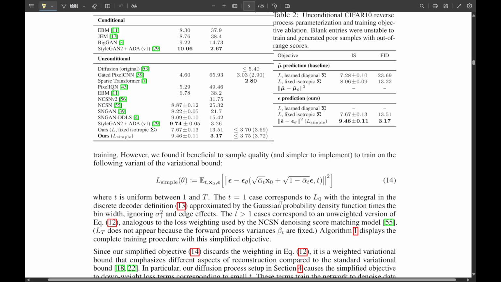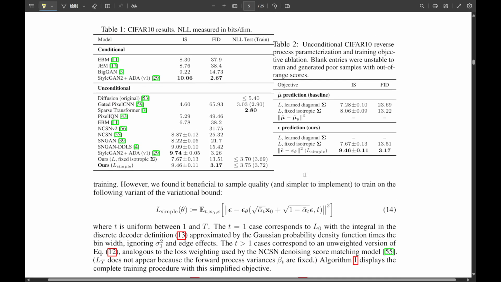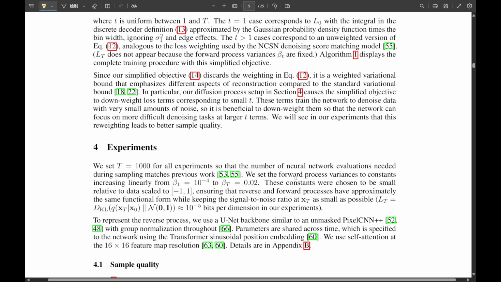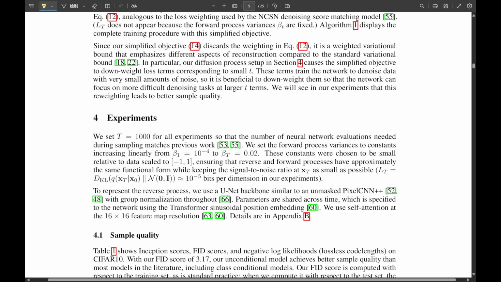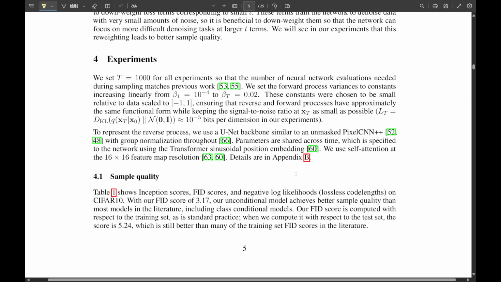And it worked wonders for sample quality. They also found empirically that fixing the variances in the reverse process to be time-dependent constants, rather than learning them, also improved sample quality and made training more stable. So epsilon prediction plus L-simple plus fixed variances. That was the magic combo. That was the combination that gave them their best results, yeah, including that FID score of 3.17 on the CIFAR10 dataset. And FID, that's the Fréchet Inception Distance, right? Yes. Measures realism and diversity. Correct. Lower is better. And 3.17 was a big deal back then, beating most GANs, which were the reigning champs of image generation at the time. It really showed that smart, empirically driven simplification can sometimes be just as powerful as pure theory.